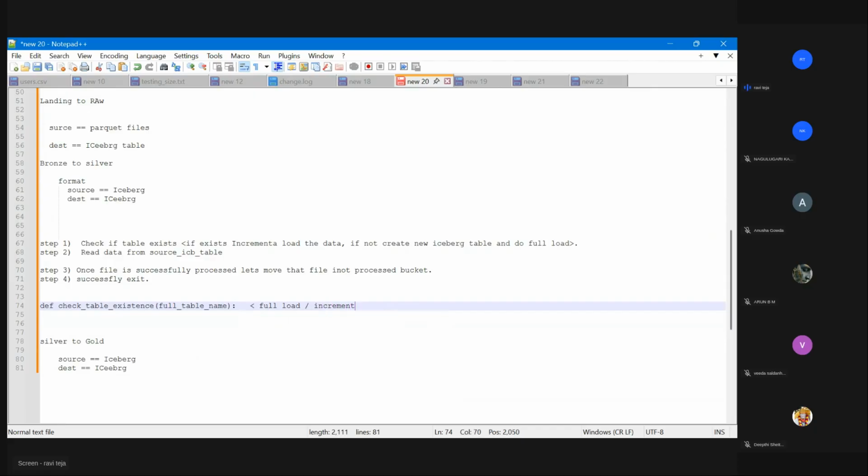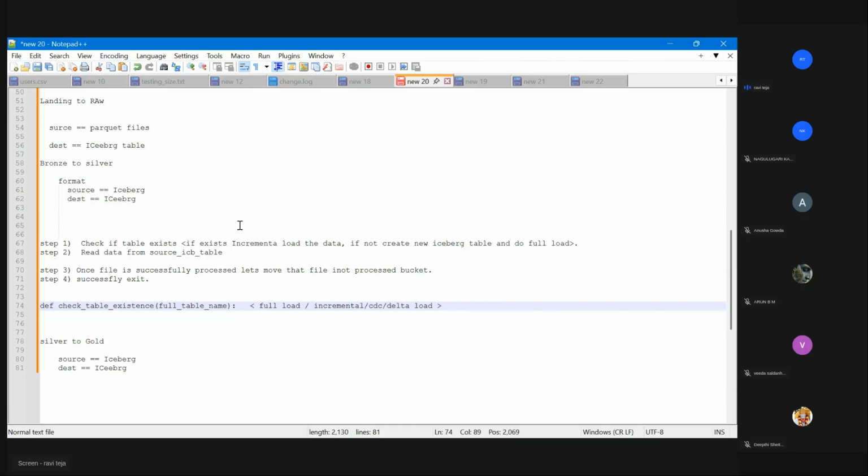And by the way, do you know what incremental load is? Incremental, or CDC, or delta, all these loads mean this: recall how we designed landing to bronze. You have multiple files, the 365 days problem. Let's say you have 365 files, but every day a new file comes in.